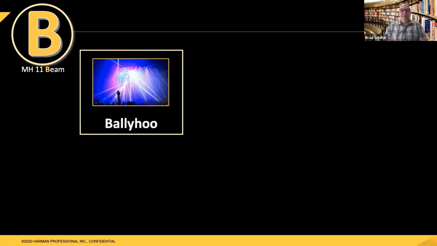Ballyhoo. I love ballyhoos. Ballyhoos are tons of fun. A ballyhoo is basically randomly moving beams of light around an area. It could be that you see the beams, particularly as you see in the image here, or it could just be you see the output of the light on something, say a curtain. So maybe on the front of a curtain, you have lights ballyhooing around.